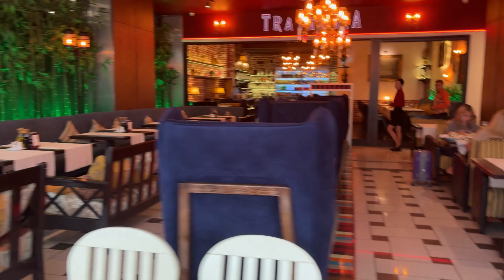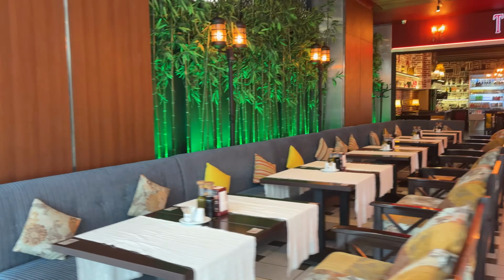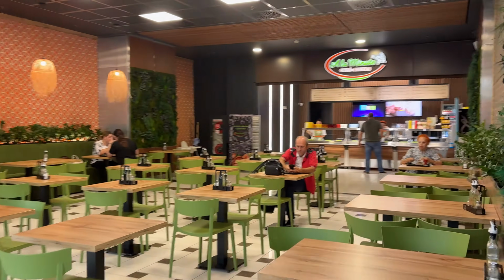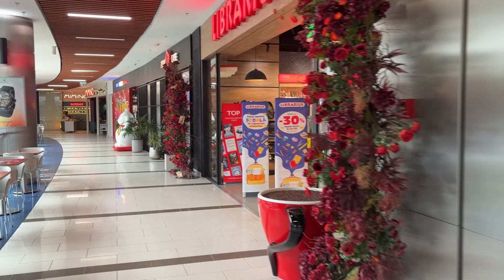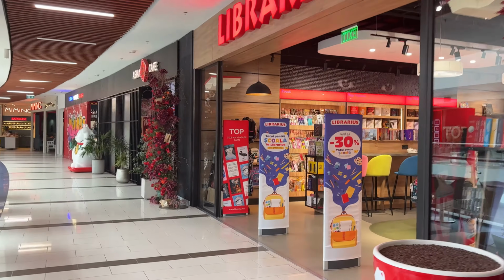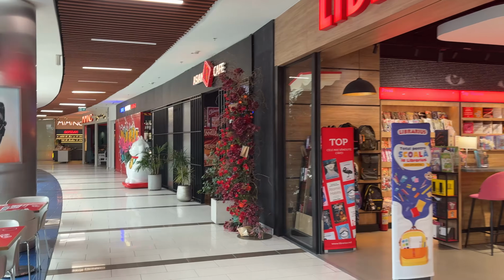Eventually we made it up to the top floor, up to the food court. And again, this was absolutely crazy, the amount of options and different restaurants that were up here. I don't know how you could come into the mall and not go for something to eat. Up here as well is where they have